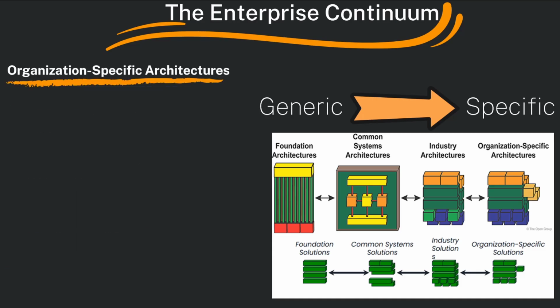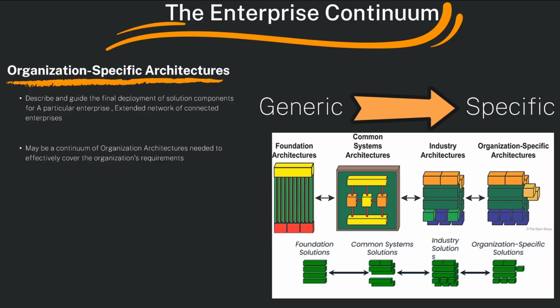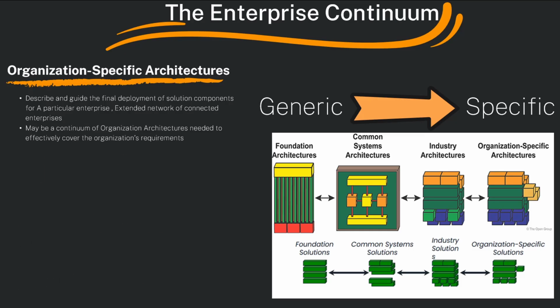Organization-specific architectures describe and guide the final deployment of solution components for a particular enterprise and extended network of connected enterprises. Maybe a continuum of organization architectures is needed to effectively cover the organization's requirements, which may result in several more detailed organization architectures for specific entities within the global enterprise. Organization-specific architecture characteristics: